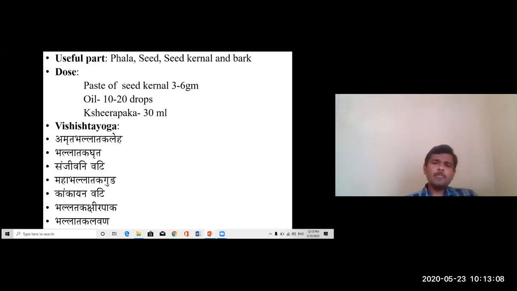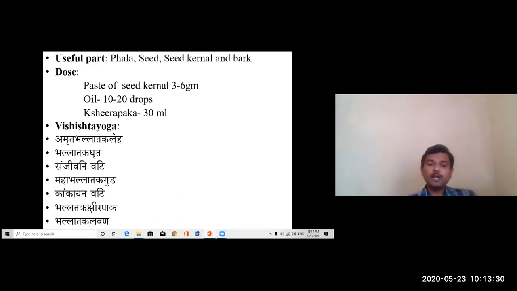The Vishishta Yoga: Amruta Ballataka Avaleha, Ballataka Gruta, Sanjeevini Vati, Mahaballataka Guda, Kankayana Vati. Kankayana Vati is one of the preparations which is specifically indicated in case of Shushkarsha.